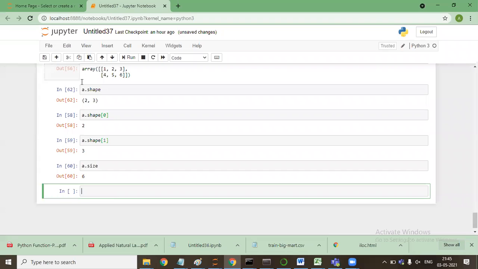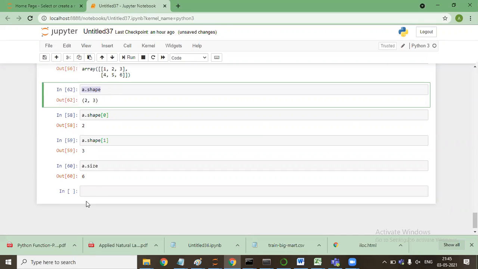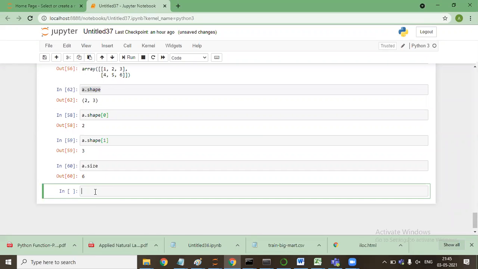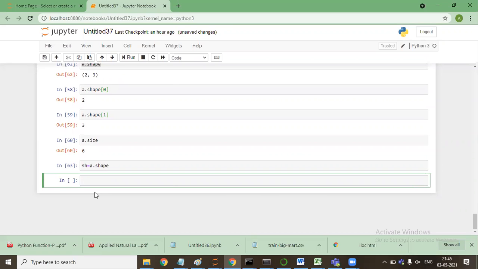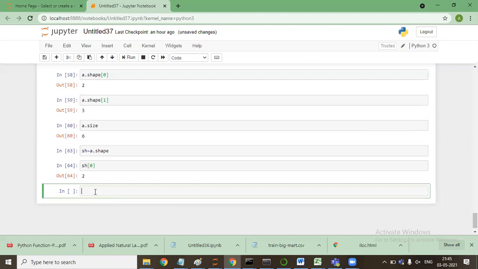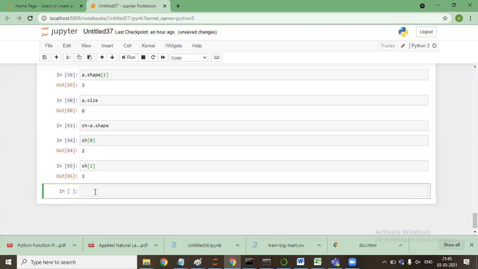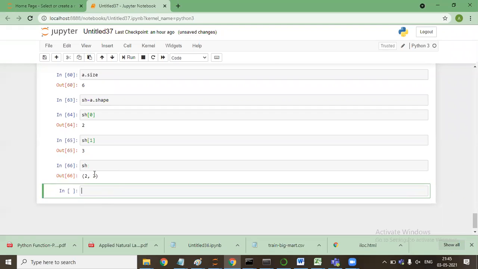So if I say sh is equal to a.shape, now if I say sh[0], what will it give? 2. sh[1], 3, because if I say sh, it is this shape coming. So don't think of it as some function of NumPy. It is just a tuple, and indexing is possible.